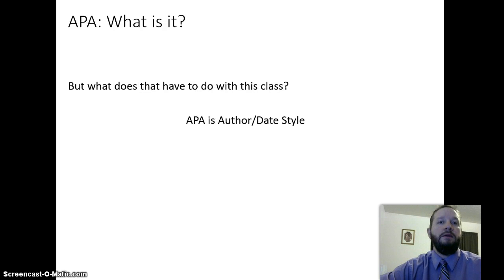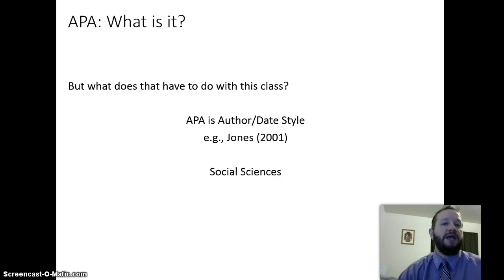So APA is chiefly used to communicate within academia. Even though you might be from the square camp or the triangle camp, or even within the circle camp, I can know that you're in the same field as me. You're in, because you use this author-date style, and that you're in the social sciences. So that's where APA is chiefly used, in the social sciences.